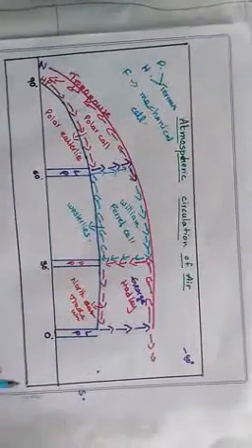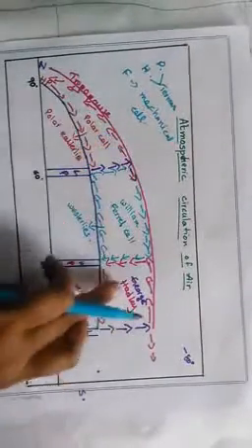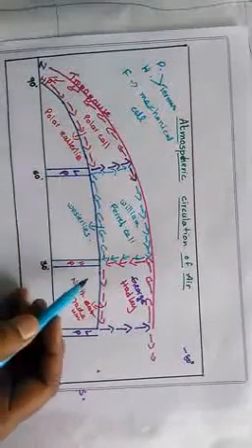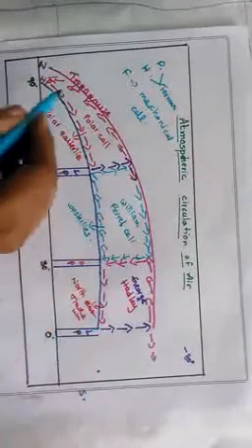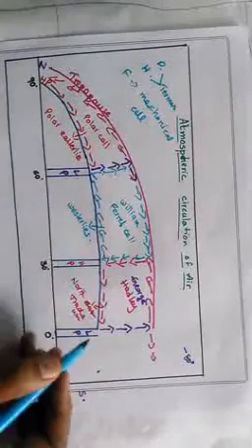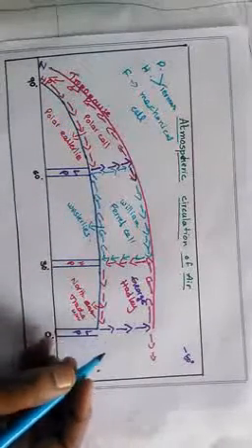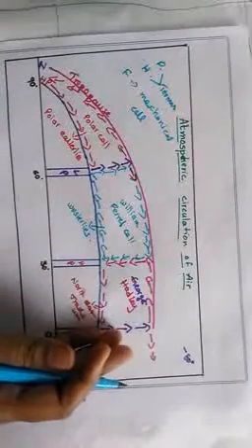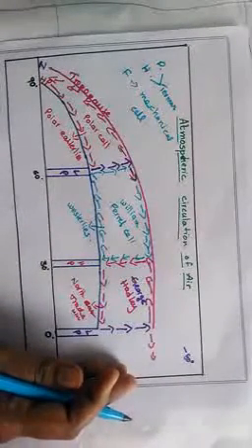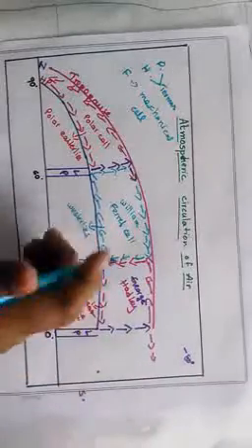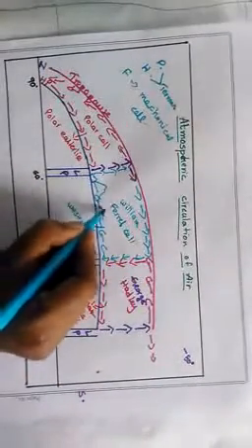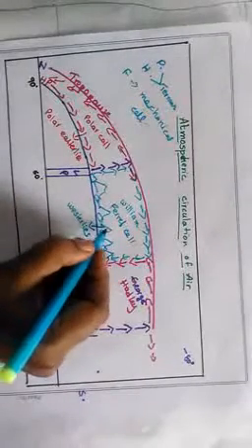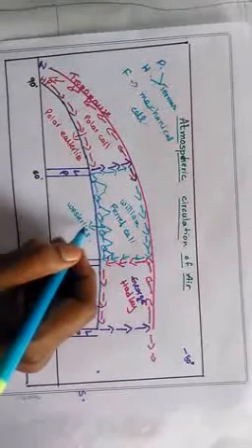So in the polar cell and the Hadley cell, we do not find very good terrains in these regions. We find only hot deserts and some cold deserts here. According to the ITCZ, the Hadley cell moves a little bit towards the north direction, or sometimes towards the south direction. Whereas in the Ferrel cell, we find good terrain in this region, because there are not hot temperatures and not cool temperatures.